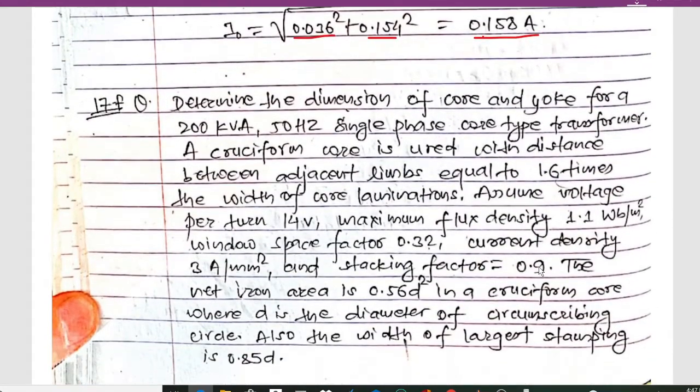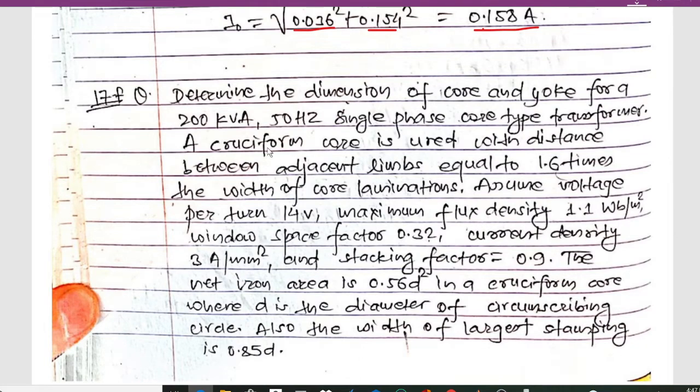And here is another design problem. Determine the dimension of core and yoke for a 200 kVA 50 Hz single phase core type transformer. Cruciform core is used with the distance between adjacent limb equal to 1.6 times the width of laminations. Here you can see the distance between adjacent limb equals 1.6 times the width of core lamination given,